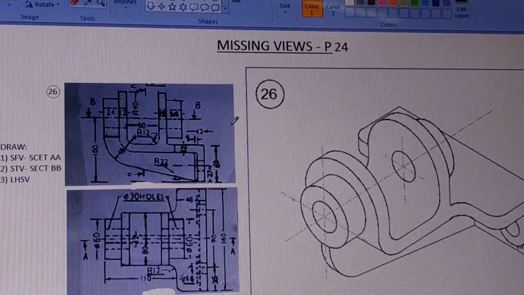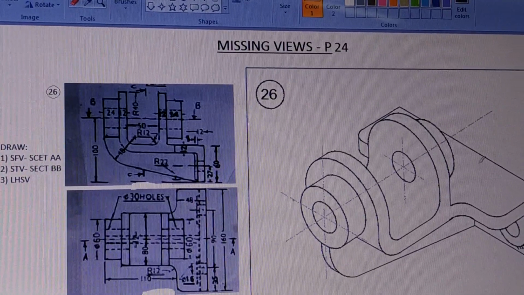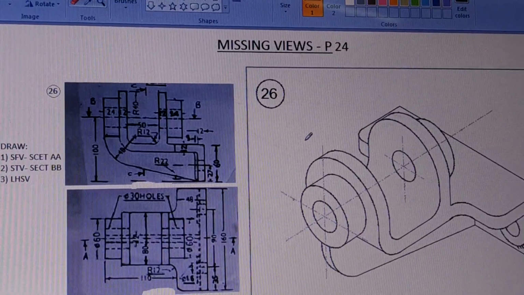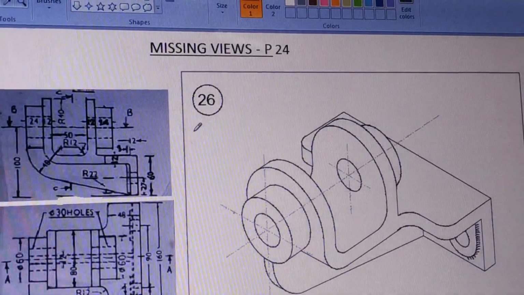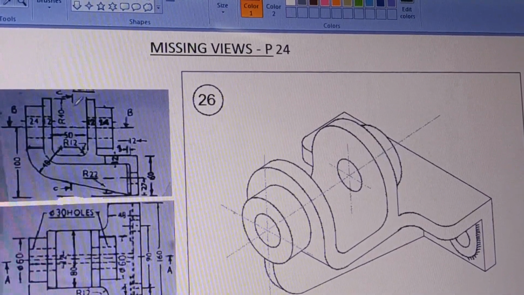Now having discussed all this, let us have a look at how this object is made up of. So here I have drawn an isometric drawing of the entire figure, which you can have a good look at. So if you see that, you will find this cylinder is this cylinder.